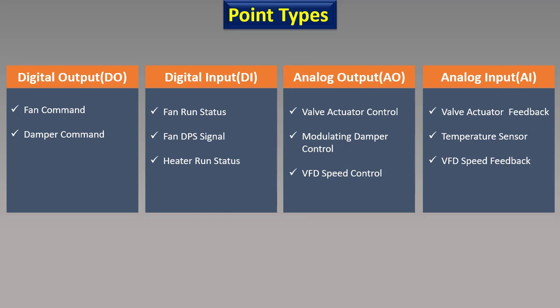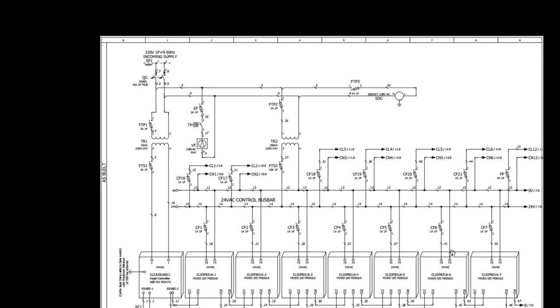Now we will go to the DGP drawing and understand how to read it. So here is the drawing of our DGP panel. This is the first page which shows wiring of the modules and also the wiring of the fuses and the transformers. First of all, here we have 220 volt incoming power supply which is coming through an MCB, and after that we have a transformer which is being fed through a fuse, and on the output of the transformer we also have a fuse.